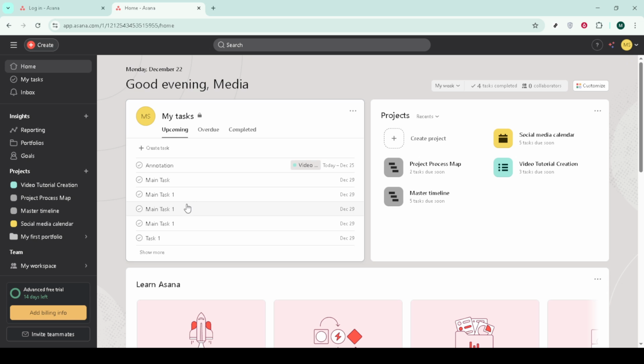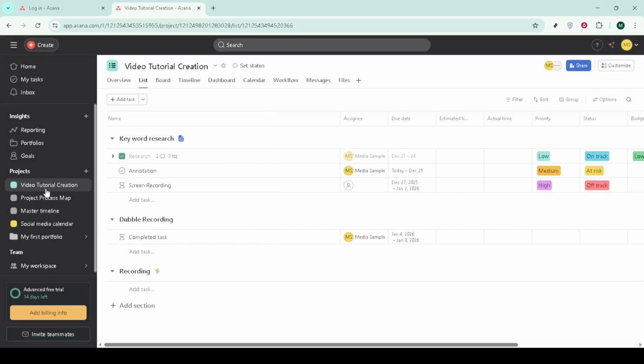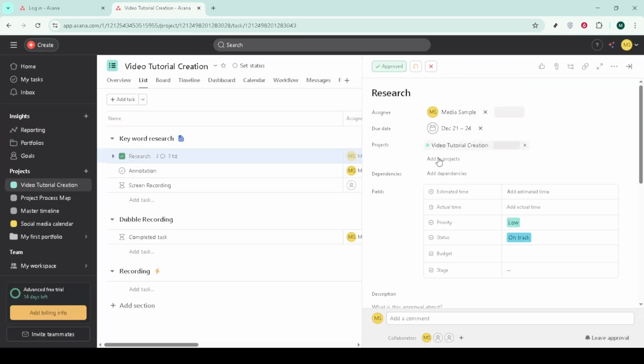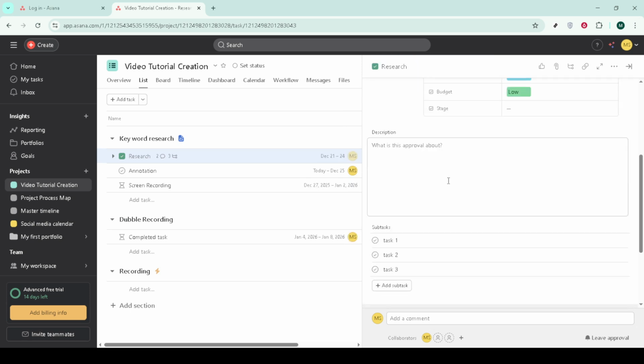Once you land on your Asana homepage, confirm you're in the correct workspace and project area. You're ready to clarify your process. First, map the real flow of work. List the major stages your work passes through, then break those stages into the concrete tasks people actually do. Think in plain language like intake, review, approval, and delivery, and capture the handoffs between people or teams so nothing